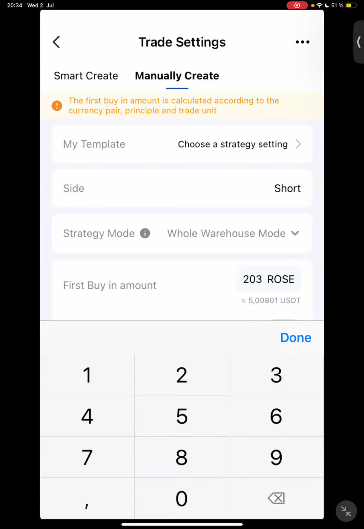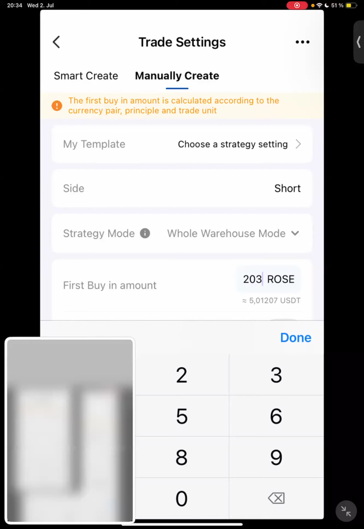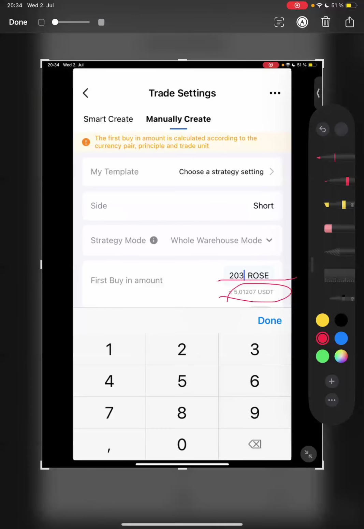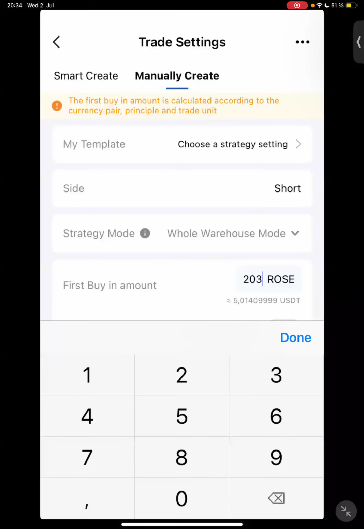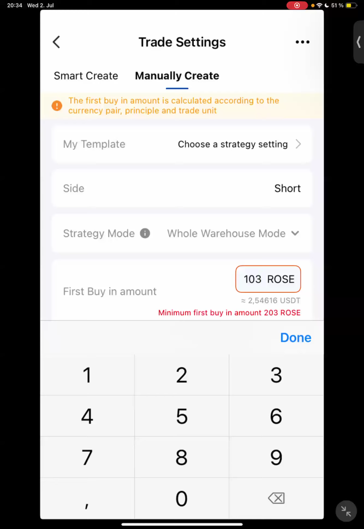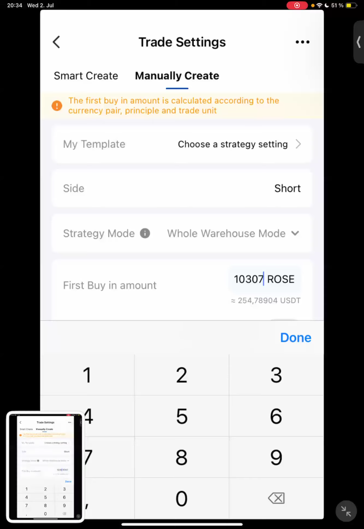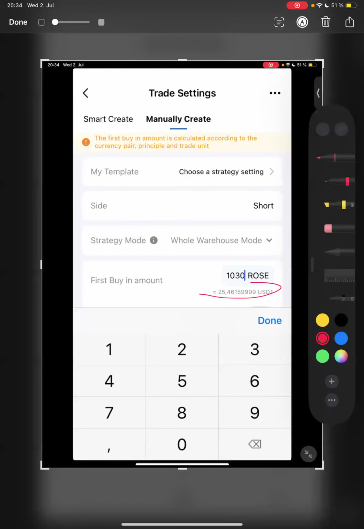Okay, so let's say for instance, this is 203 and I want to invest 20 USDT. Now 203 rows will give you 5 USDT. So I just use my mind to do the calculations. I just play around the figures. Because if I want to go to calculator and switch, 3 minutes would have gone. So like 203 will give me 5. So let me do it like maybe 103. So 103 will be 2.5, right? So when I add another zero to the 103, it will give me